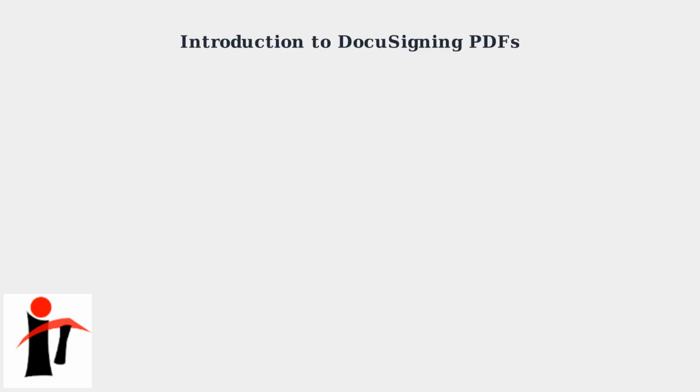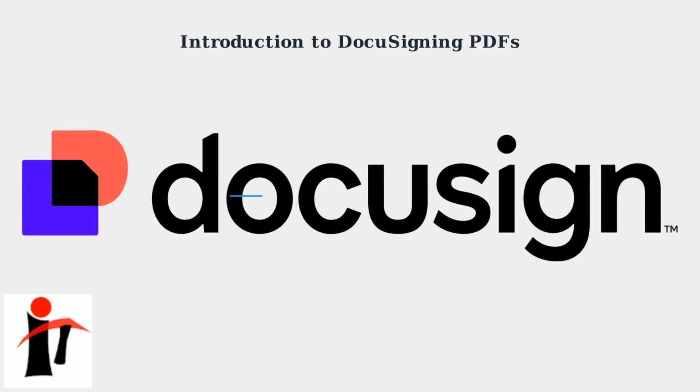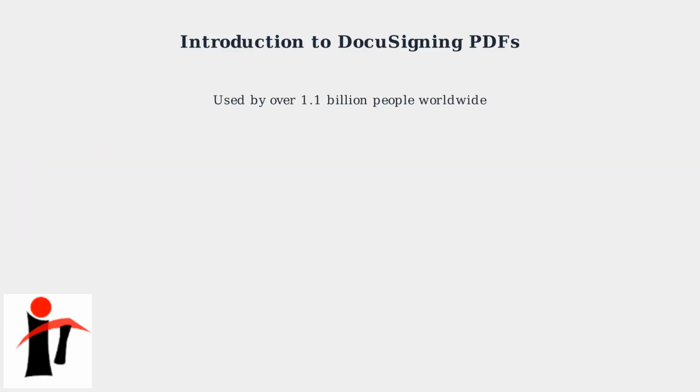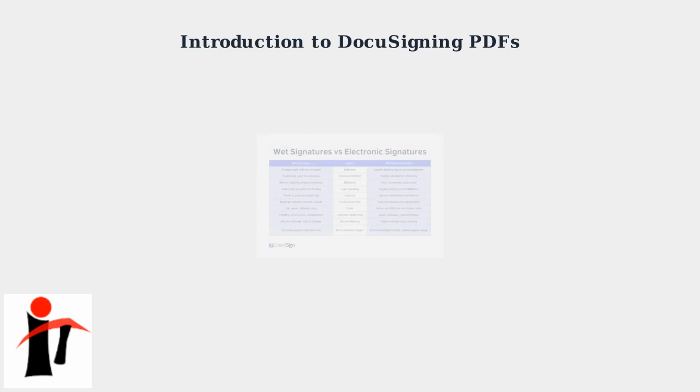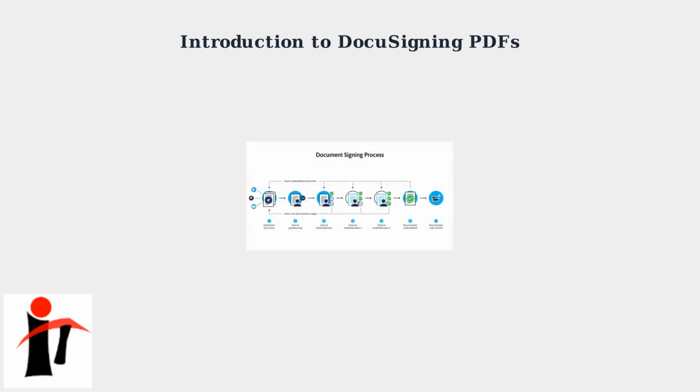DocuSign allows you to securely sign, initial, and send PDFs electronically, replacing traditional paper-based processes. Instead of printing, signing with a pen, and scanning, you can complete everything digitally from your device. DocuSign is used by over 1.1 billion people worldwide, making it the leading platform for electronic signatures. Electronic signatures created with DocuSign are legally binding under laws like the U.S. e-Sign Act. This video will guide you through adding signatures and initials and sending documents securely using DocuSign as of